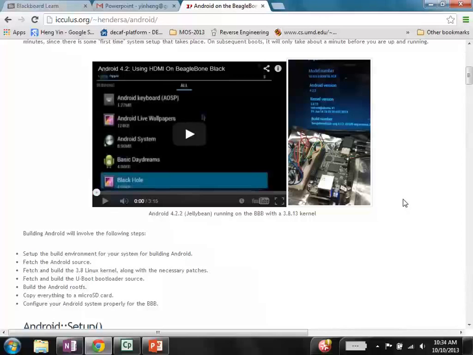Question here. So I think you're using the HDMI to display. So I'm curious about the display driver. You're just using the existing display driver? Yep, it is using the